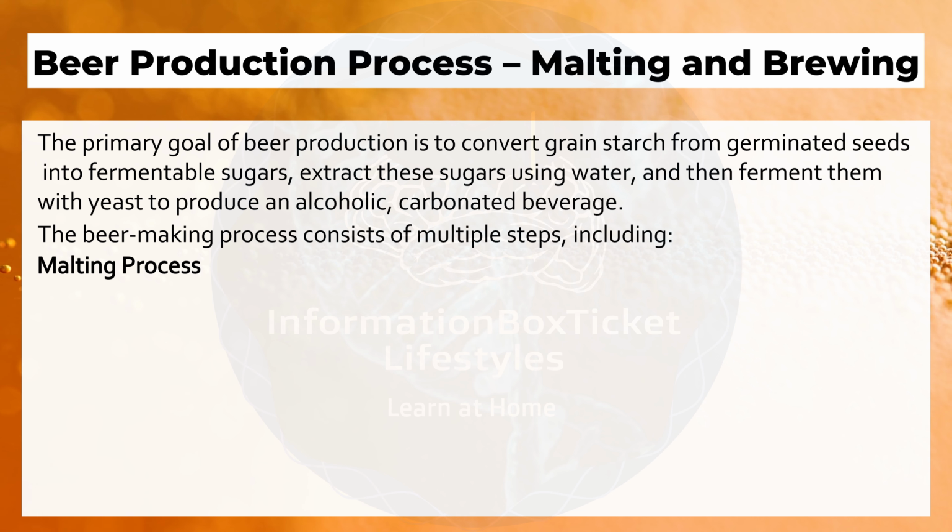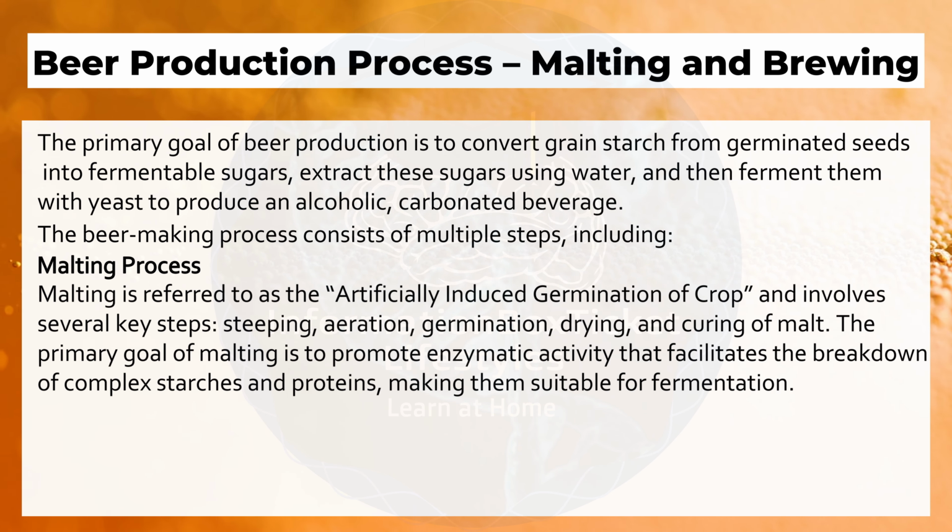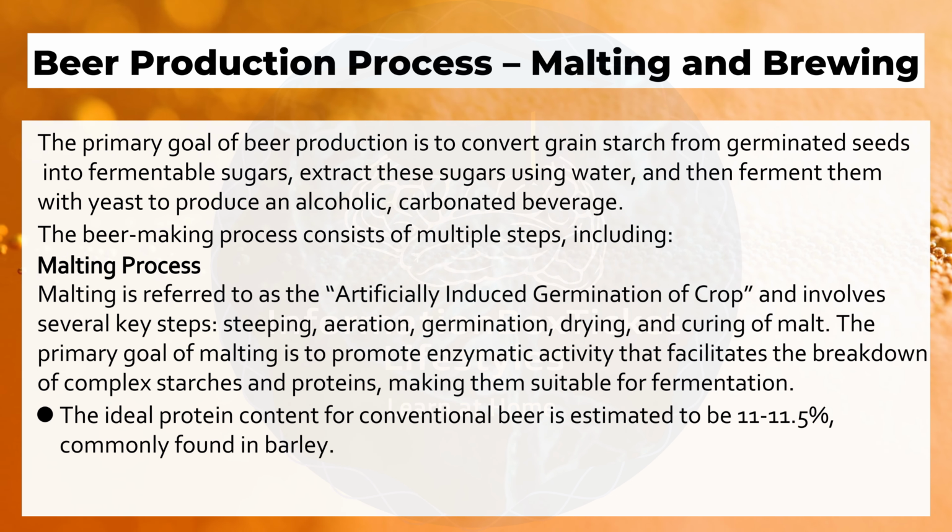Malting process. Malting is the artificially induced germination of crop and involves several key steps: steeping, aeration, germination, drying, and curing of malt. The primary goal of malting is to promote enzymatic activity that facilitates the breakdown of complex starches and proteins, making them suitable for fermentation. The ideal protein content for conventional beer is estimated to be 11 to 11.5%, commonly found